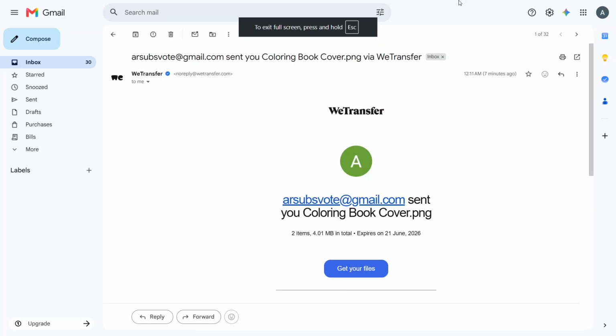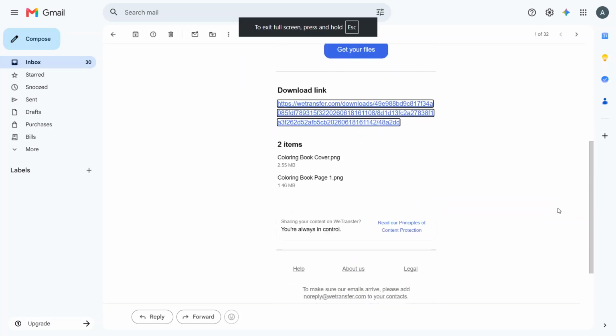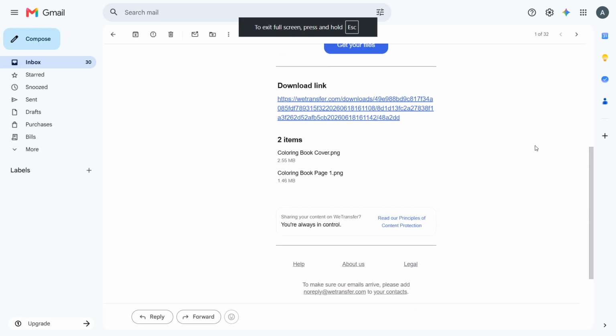In today's video, I'm going to teach you how to download a WeTransfer file. If someone has sent you files through WeTransfer, the process is very simple once you know where to look. In this walkthrough, I'll show you how to open the transfer link, preview the files, and download them to your